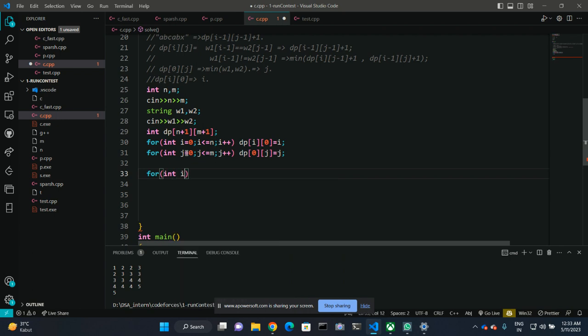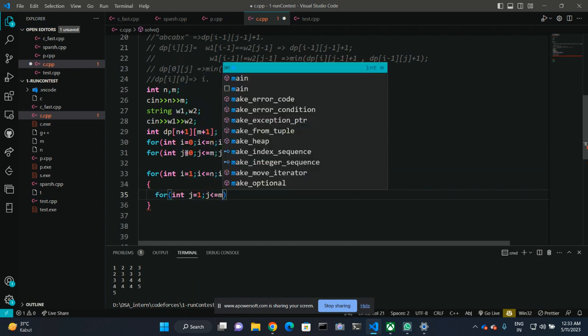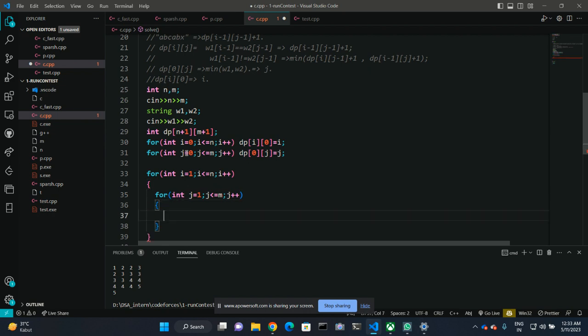Then I'll start from I equal to 1, I less than or equal to n, I plus plus, and for J equal to 1, J less than or equal to m, J plus plus. So what are our cases? If W1,